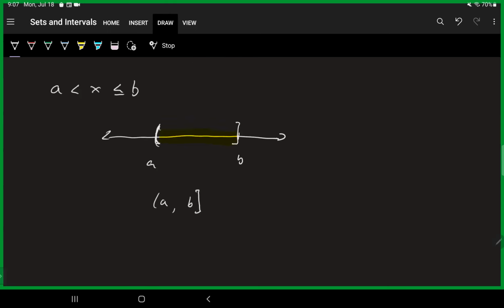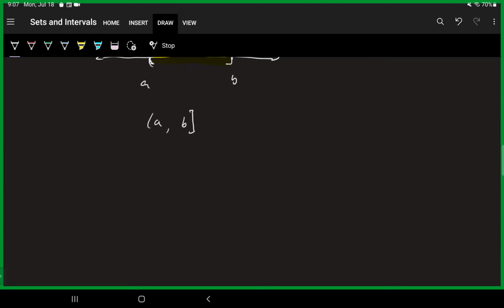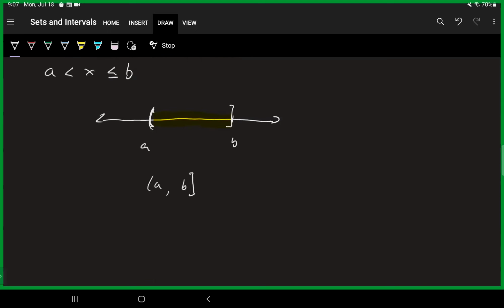So real quick, I want to talk about some things that we shouldn't do. And this is especially true with, well, this first one's with compound inequality since we're here. A lot of times I'll see this, a is less than x greater than or equal to b, and this is bad. We can't do that. It doesn't make sense to have the inequality signs facing in different directions. They need to be pointing the same way. So if one part of a compound inequality is opening to the right, the other part should also be opening to the right.